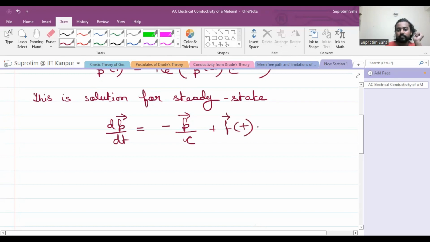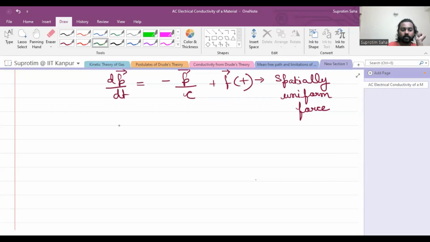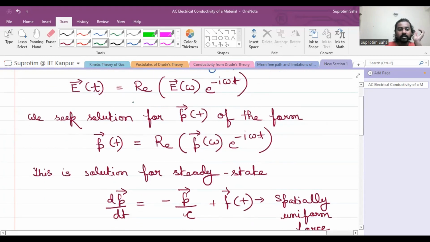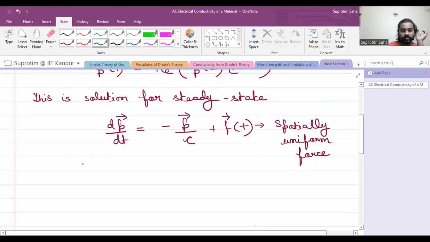This is a spatially uniform force. Now put the form that we have written here. So putting this form in the above equation,